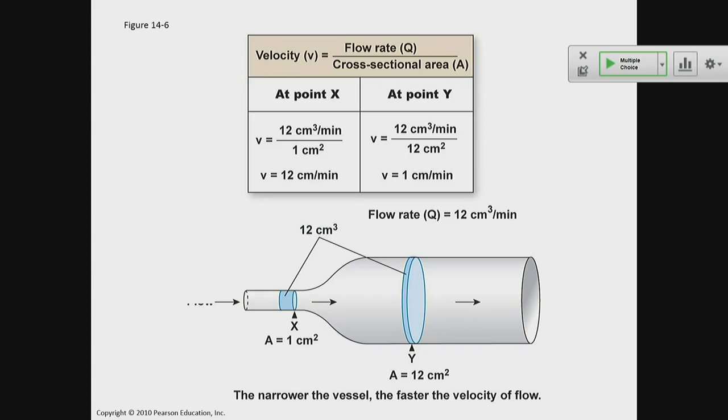If you apply that to traffic, for example, if a highway is 2 lanes instead of 4 lanes, the cars would need to drive twice as fast on the 2-lane section, which of course no one is doing, so you get a traffic jam. But to get the same number of cars through the 2-lane section, you would need to drive twice as fast. So if there is a more narrow pathway, the flow needs to be faster to get the same amount of fluid through.